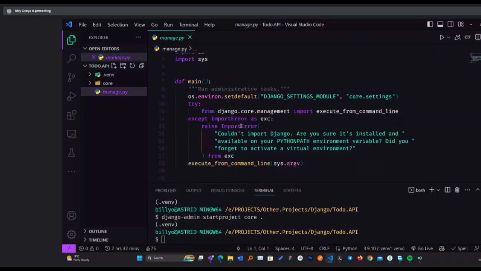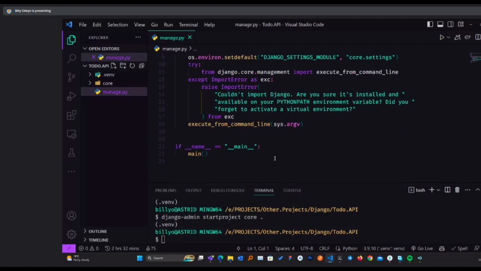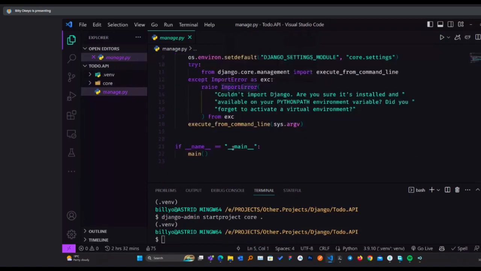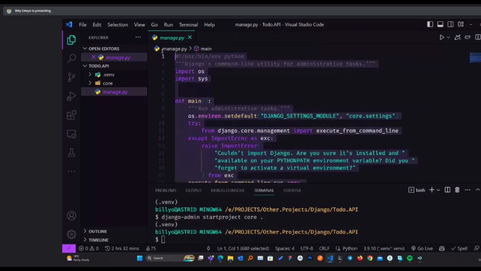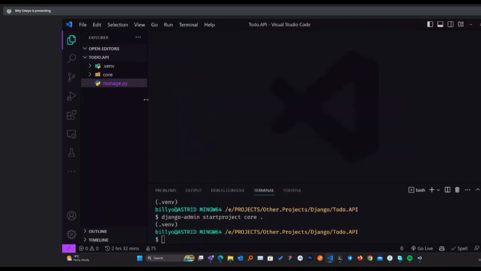I won't get into the specific things that it does, because you'll rarely edit this file, unless you really have to do something extraordinary. In most scenarios, this file won't be touched in any way. So I leave that as it is.